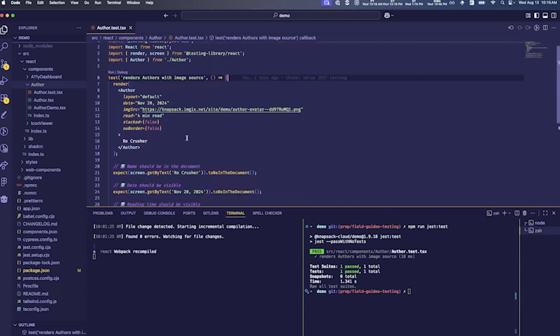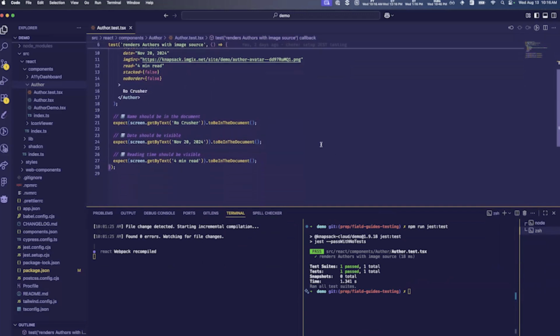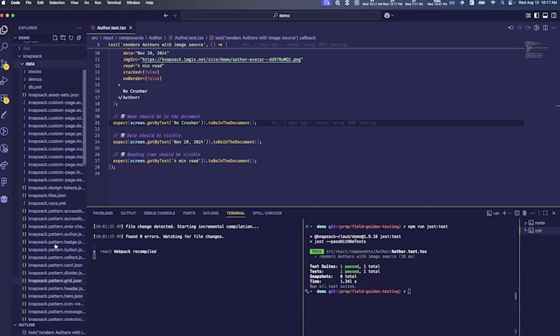We've also worked with customers where this process of writing this test and this render and this expects gets a little bit tedious for those teams. And so for those teams, they've created helper functions that do some of the exact things that they do frequently, in terms of something that could be scaled and just called out with a function. In fact, because Knapsack is in a data directory and there's all this JSON that's available for the pattern pages, we've even seen teams write things that pull into the data directory, grab all the props for a specific